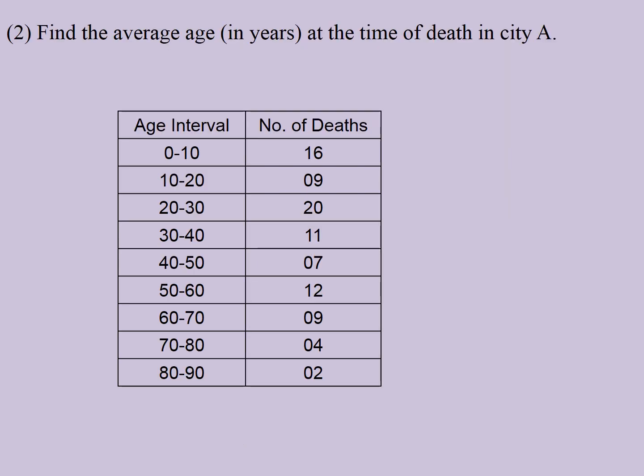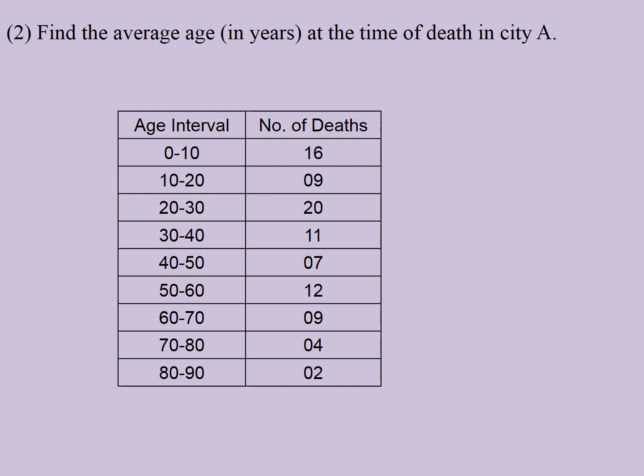This is the second example. Here you can see on the screen an example of a continuous frequency distribution. The example is: find the average age in years at the time of death in city A. The first column is the age interval, which starts from 0. The first age interval is 0 to 10, then 10 to 20, 20 to 30, 30 to 40, up to